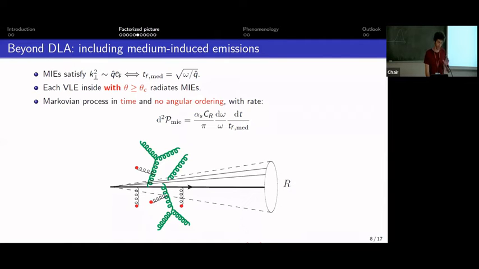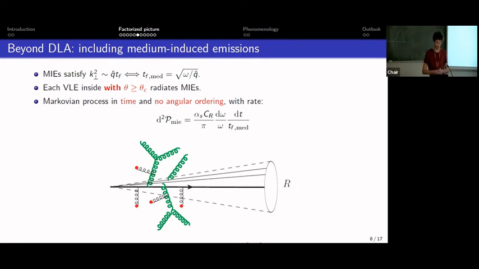So the KT squared is basically given by the Q hat times TF, which means that the formation time is the square root of omega divided by Q hat. So the picture is the following. We have a bunch of vacuum-like emissions with an angle larger than theta c, which can radiate any kind